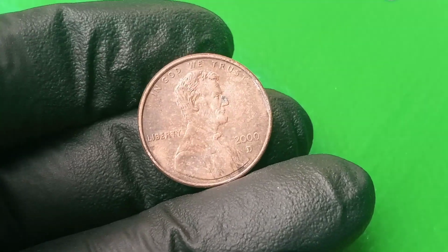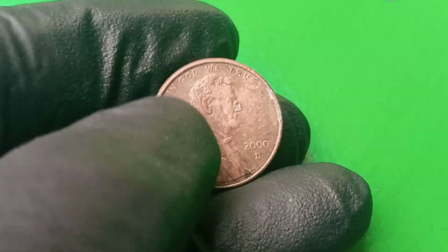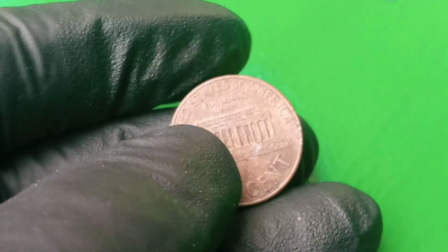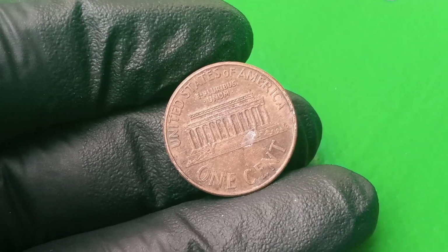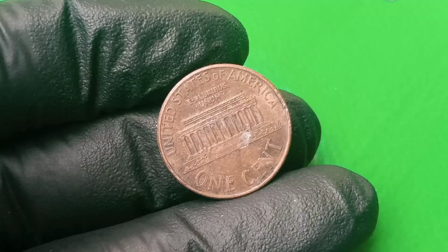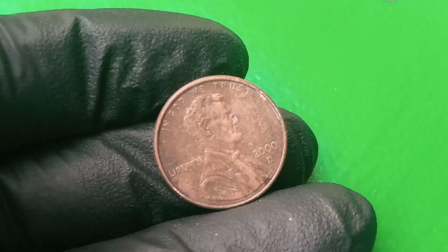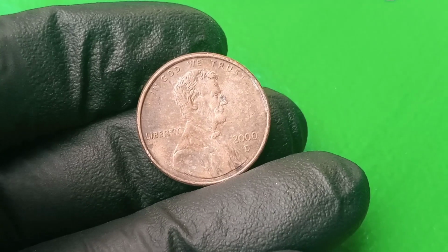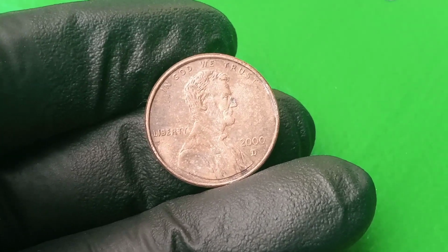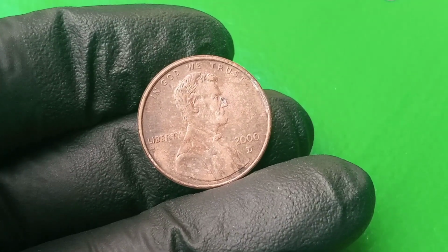but in the intricate and often surprising world of coin collecting, all it takes is one mistake in the minting process, one small anomaly, to transform an otherwise ordinary coin into a prized possession that collectors will fight fiercely to own, and the 2000 AD penny is a perfect example of this phenomenon. A modern coin that has become legendary due to a series of minting errors and unique production circumstances that catapult its value far beyond its humble denomination, and to understand why, we have to take a step back and look